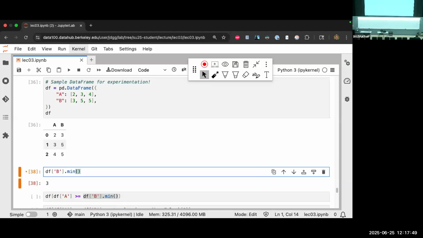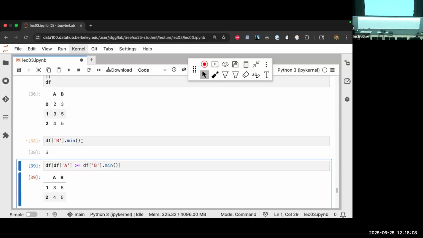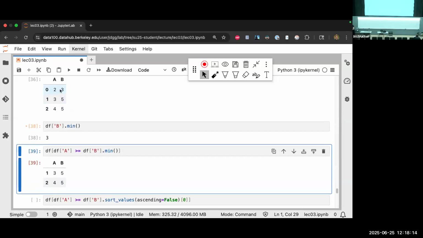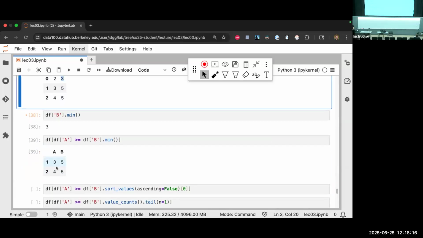Now keep in mind, there are other NumPy functions that are not built in like this. .min is just one of the NumPy functions that is indeed a method of series. We can do .min of a series. Not all of them work like that. You might be stuck with doing numpy dot some fancy function. But just keep that in mind, little tip. Okay, so if we run this, what happens? All of the rows in A are at least as big as the smallest one in B. Smallest value in B is 3. Both of these rows of A are bigger.